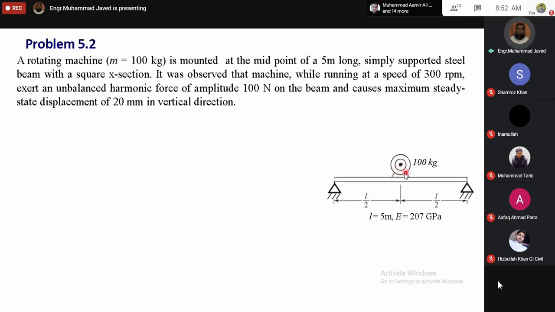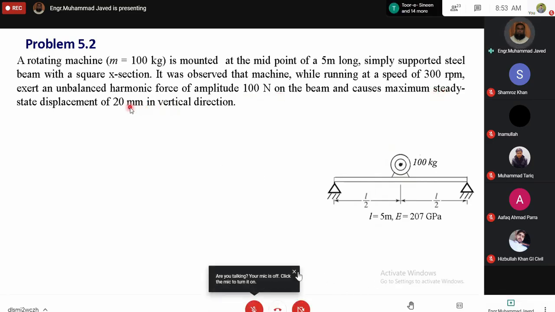Now, when this machine is rotating at a speed of 300 revolutions per minute, यानी कि 1 मिनट में ये 300 revolutions complete करती है, at that situation an unbalanced harmonic force of amplitude 100 Newton is produced on the beam, and which causes maximum steady state displacement of 20 millimeter in vertical direction।